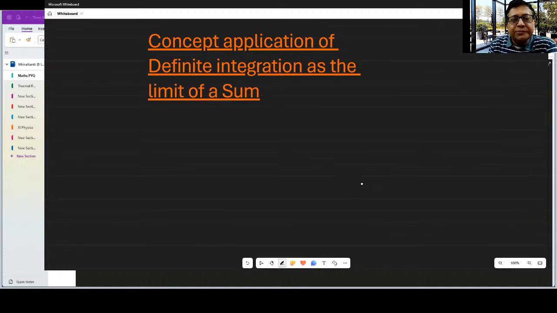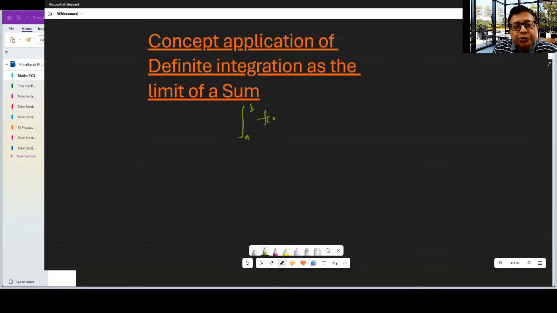Before we start showing you practical applications, how to solve infinite series problems, I would like to show you the value of integral a to b f(x) dx in terms of an infinite series like this,